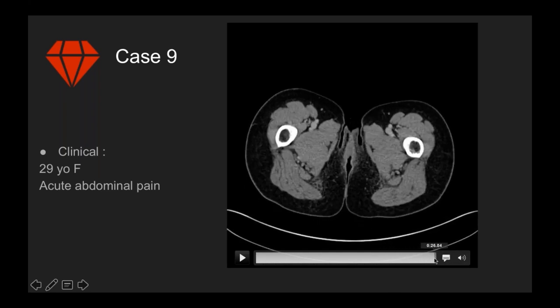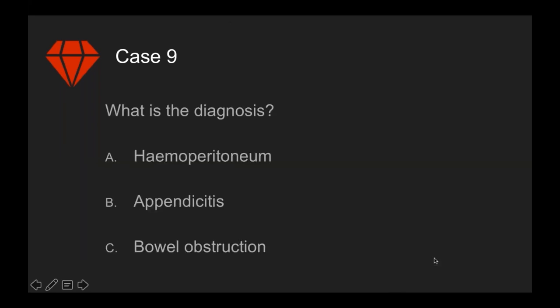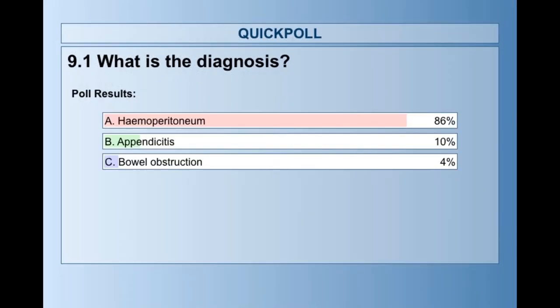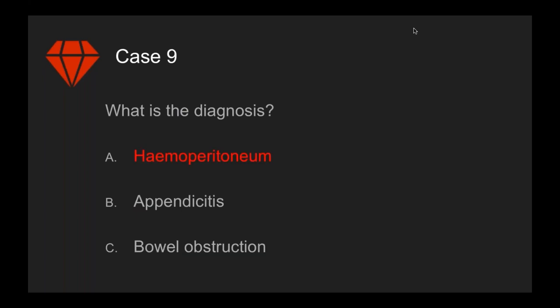Okie doke. So what is the diagnosis here? Is it A, hemoperitoneum, B, appendicitis, or C, bowel obstruction? So if we go to the poll, please. Excellent. Okay, so the majority have got it right. It's A, hemoperitoneum. So if we go back to the slide,